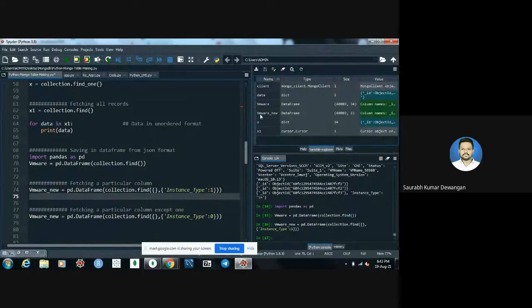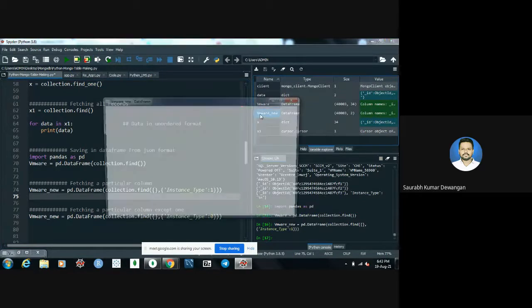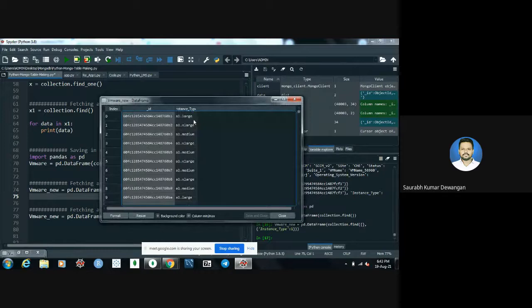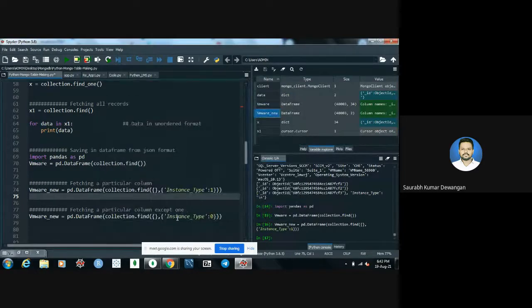You can see that in the VMware new, only instance type is accessed from the VMware table on the MongoDB server.